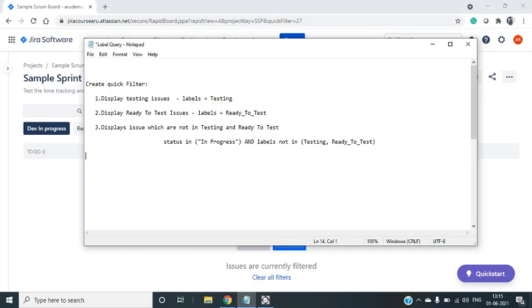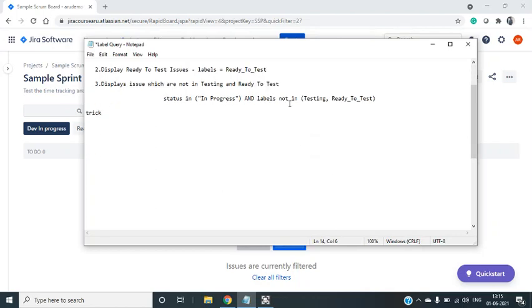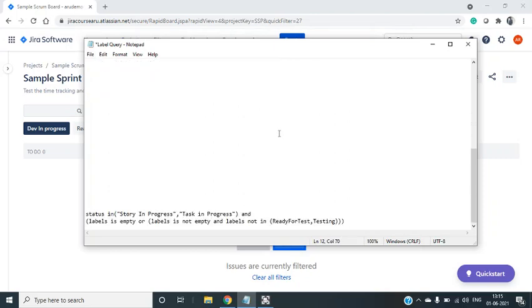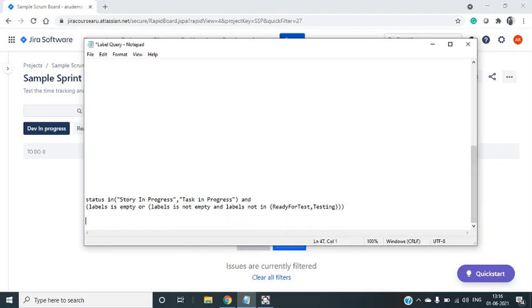There is a trick for labels. If you want to create a "not in" condition on labels, we have to include a precondition like this: label is not empty and labels not in ready to test or testing.